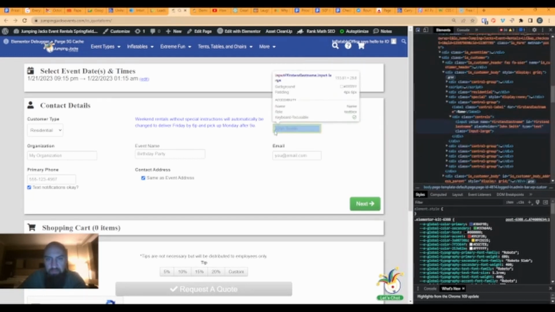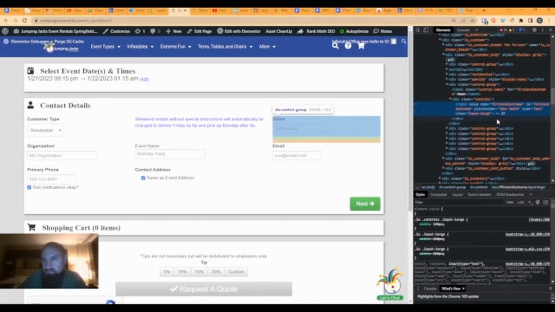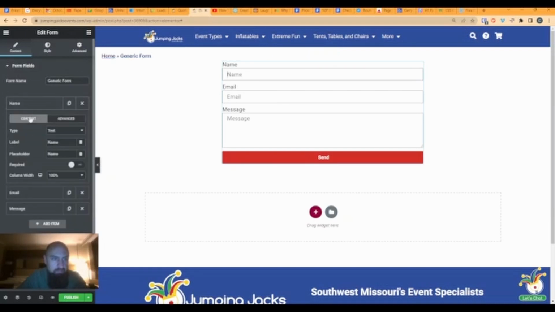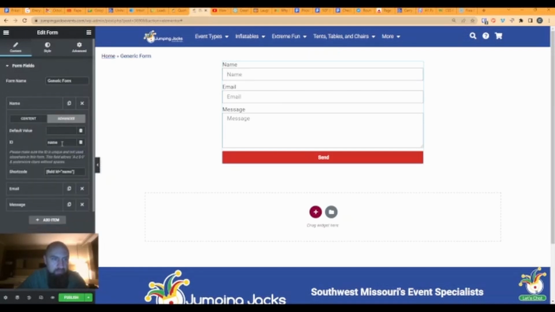We're going to click that. And then over here, you see this highlighted section where it says input and ID. This ID is what we want to copy. Okay, you can't copy it from here, so you just have to type it in, but we're going to come back over to the form. We want this to be it, so we're going to click inside. We're going to come into advanced, and this right here will be changed